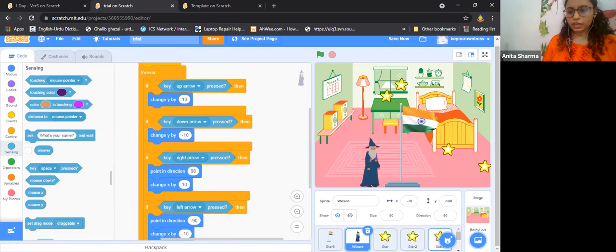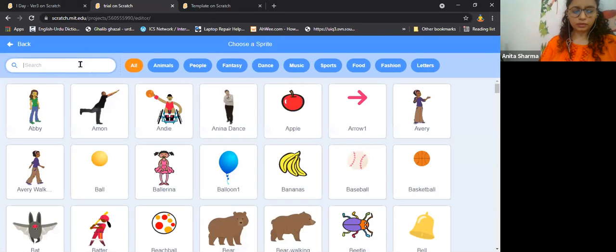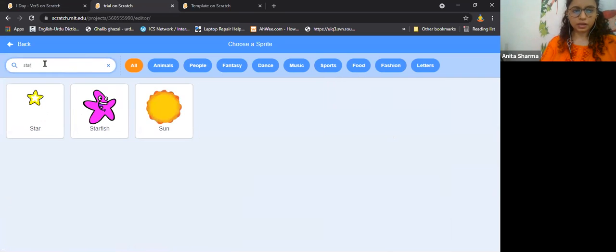Okay. So that you will be getting in this sprite section. All right, so in the sprite section, you can get the star. Once again, I'll show you how we can get it. You can simply type in there, star. So here is the star, right? And at the same time, you can click on starfish also, because I was using star and starfish. When the wizard was touching the star, it was turning into starfish.